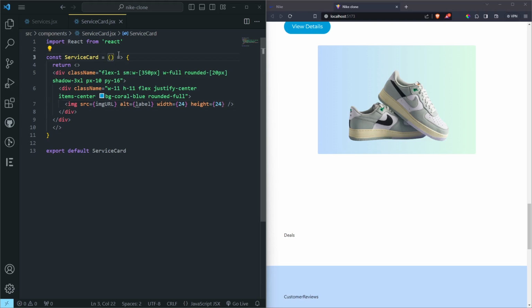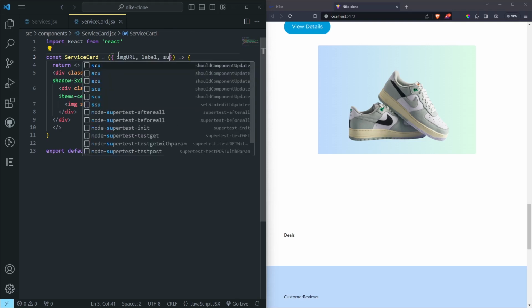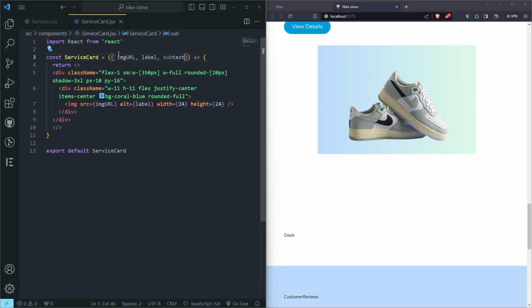And then first we can come and declare them here. We can do imgURL. We are also going to pass in the label, which is the text, and then we can also do the subtext like that. Now below this image div we can do an h3, which is going to take the label, which is the title. We can do a spacing top, which is margin top of 5,